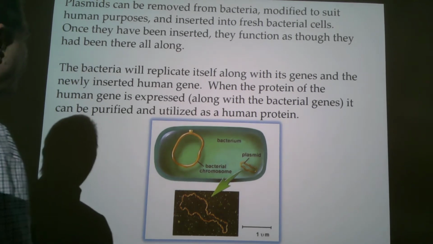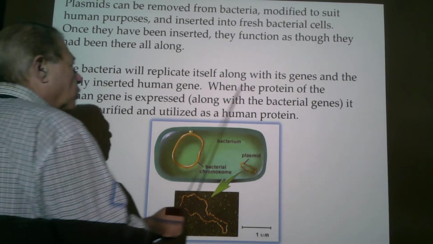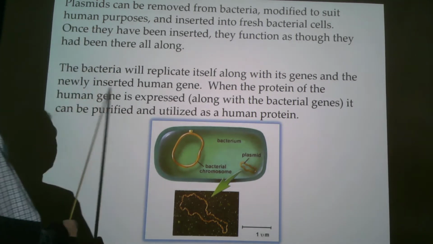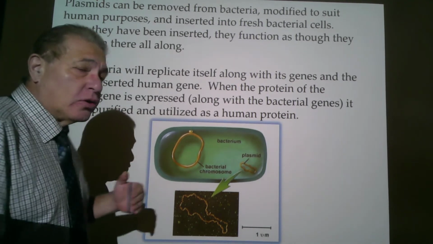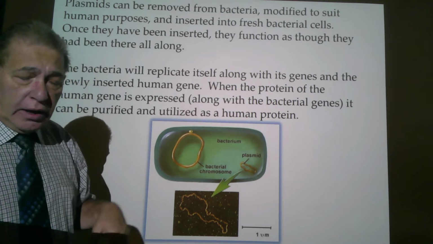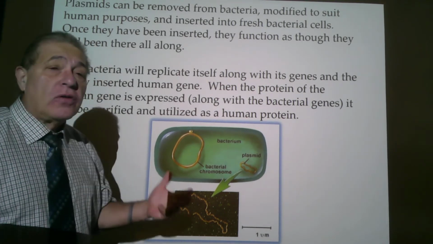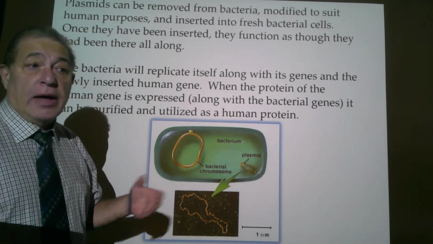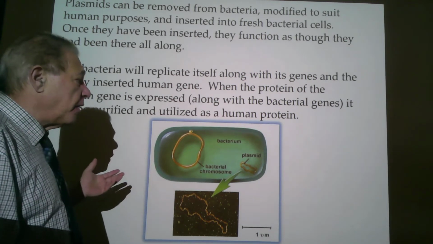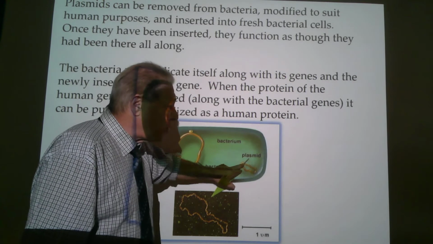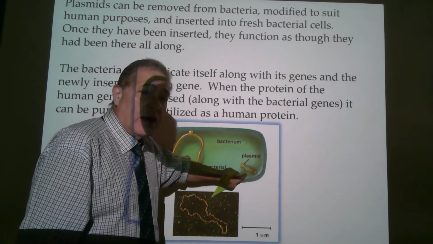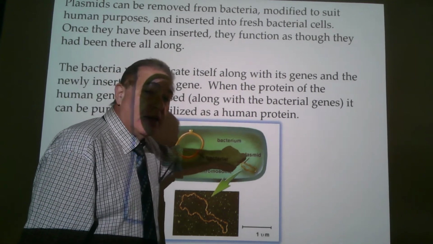So the bacteria will replicate itself along with its genes and the newly inserted human gene. Because what I'm going to do is show you how we could actually take a human gene, like I said, for example, a human growth hormone, or an insulin gene, or any other gene, a lactoferrin gene, something like that, and actually take this plasmid out, put a human gene inside of it, put that plasmid back into the bacteria,